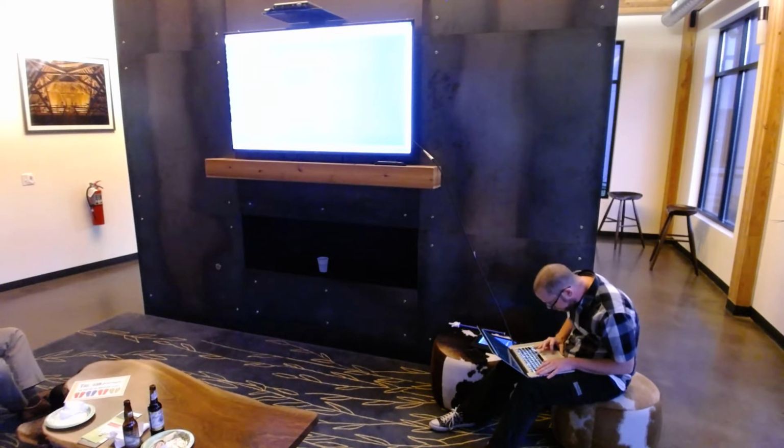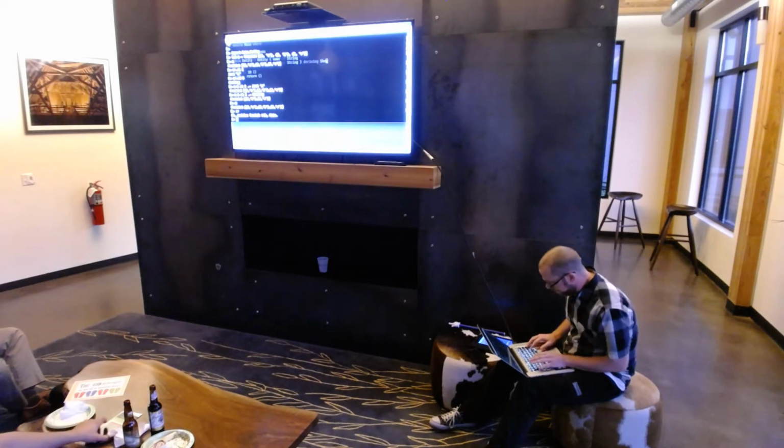What is my Emacs doing over here? Lock. I'm going to steal it. Okay. So